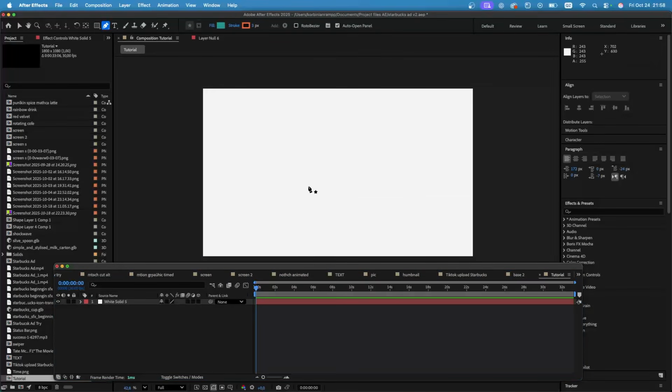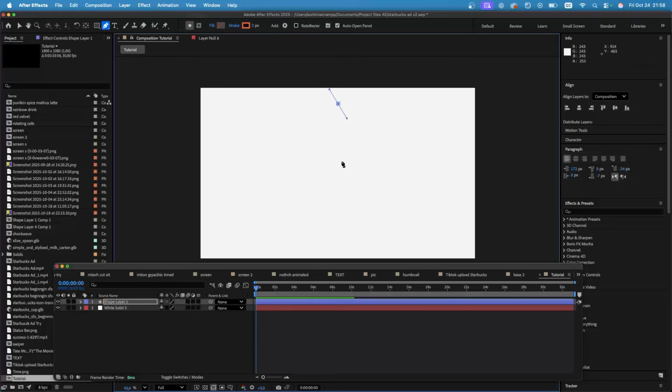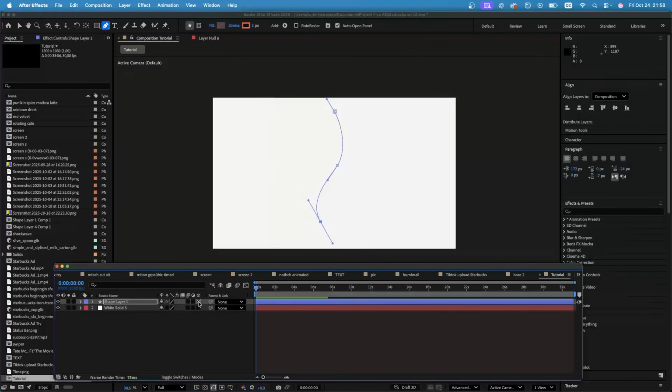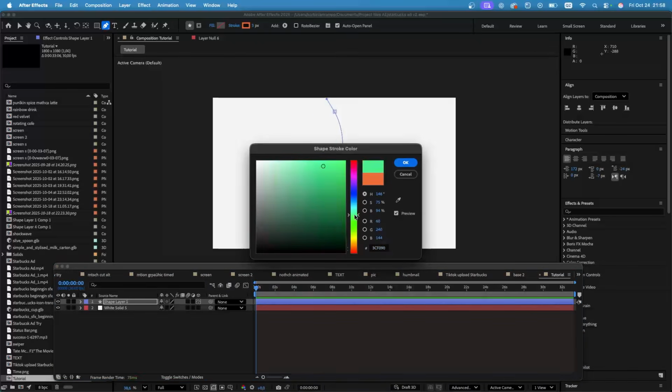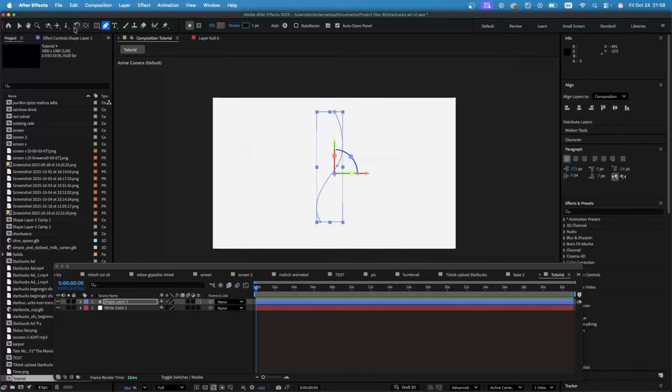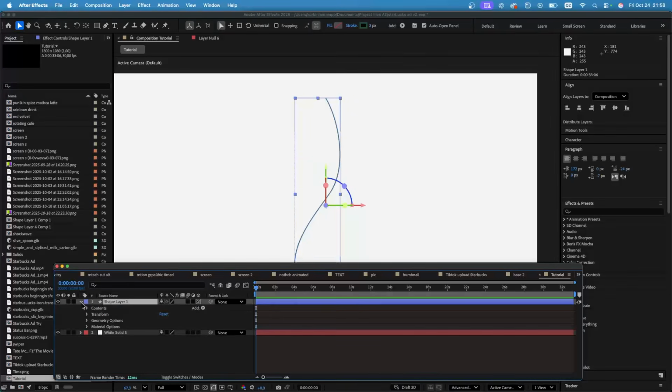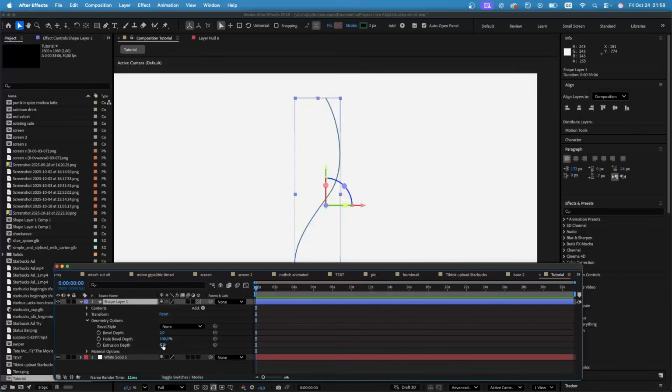So I'm going to show you the principle and then we'll apply it firsthand to the example shown in the intro. You're going to make some sort of graph or stroke, it doesn't matter, then turn it into 3D. Color wise we can do whatever we want. I'll choose the green for the Starbucks one right away, and then we go into the controls. We've already marked this as a 3D layer, so we'll have the geometry options here. We'll increase the extrusion depth, and now